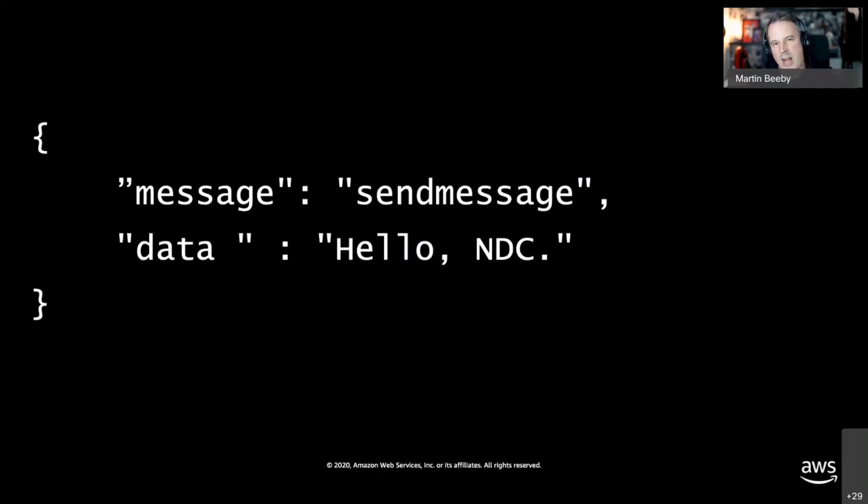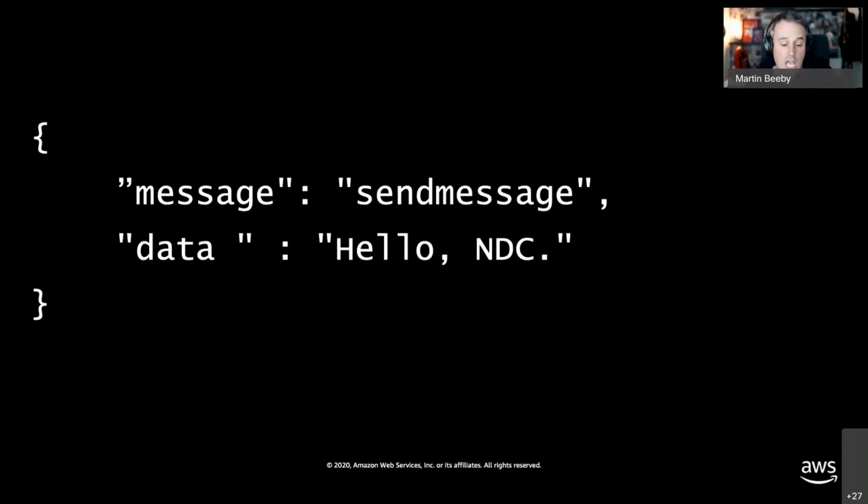So what my application does is it crafts this sort of payload, and this is the message it passes through the WebSocket. When I pass this message, you'll see that it's got this one property called message, send message. Now, message is what it's actually going to be routed on. So it's like the root key. If I pass this, my API gateway is going to receive it as a WebSocket request, and it's going to say, okay, send message, let me go and route that to the send message Lambda